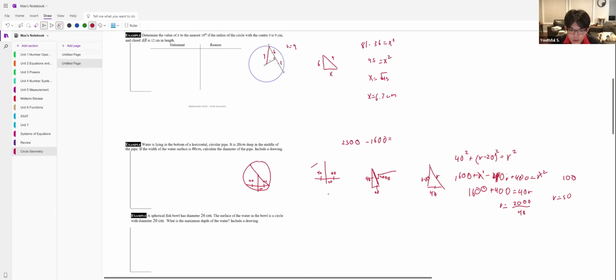Okay. Here, so this is the radius, right? Since it goes from the circumference to the center, this is the radius, and this is the radius. We know this is 20, so this is then going to be the radius subtracted by 20. This is just the radius, so then the radius squared, Pythagorean, right? Radius squared is equal to